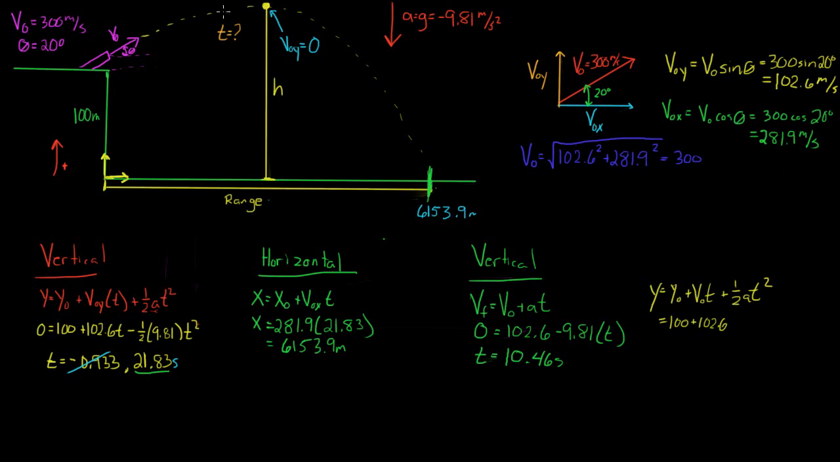Because we're interested in how long it takes to get to a maximum height, the time it takes to get to its maximum height is 10.46 seconds, minus the 1/2 times the acceleration, which is 9.81. And this time is the same as this time, so it's 10.46 squared. And when we solve, we just add up all these terms, and we'll get the height is